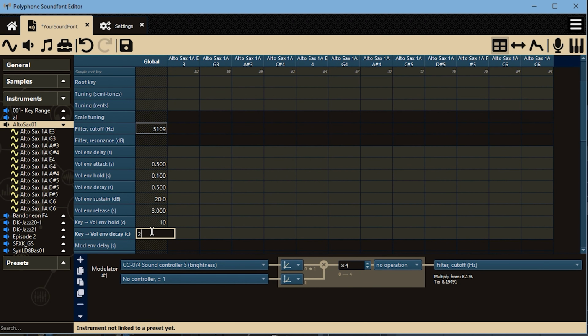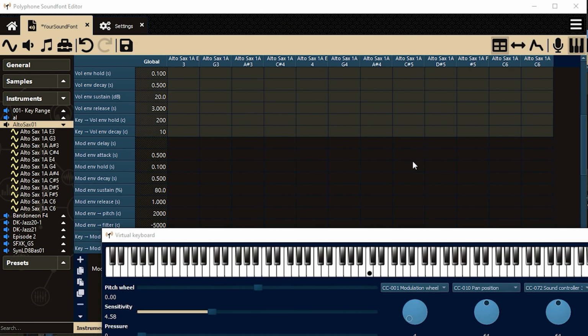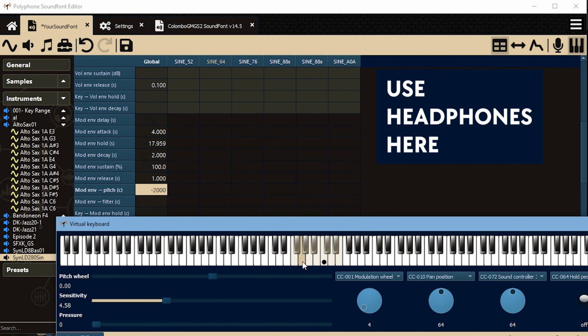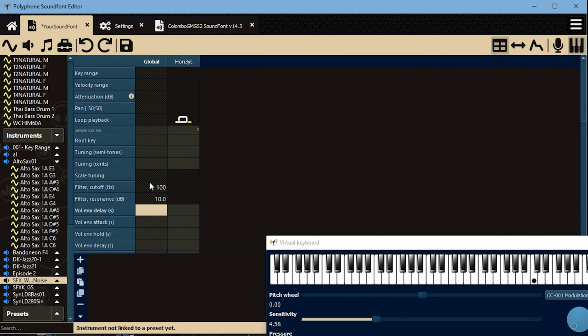So far we have learned about taking full control of the loudness of a given sample through time with AHDSR volume envelope. Below that we can vary the pitch and filtering of our sample, just like how we varied the volume. Attack, hold, decay, sustain percentage, and release. We can set both how high or low the pitch should go and how brighter or darker should it get in cents. For example, you can do a bass drop using a sine wave by placing a big negative value at mod envelope pitch, and you can make a riser effect out of a noise wave by placing a big positive value at mod envelope filter.